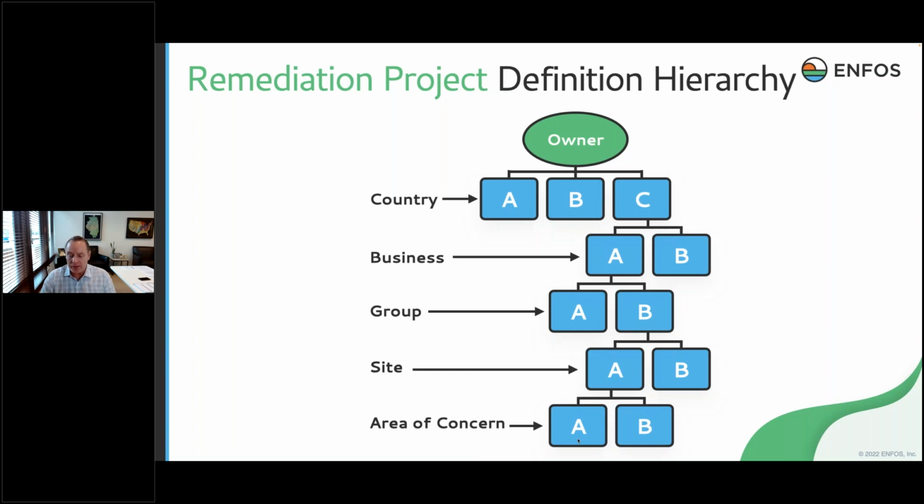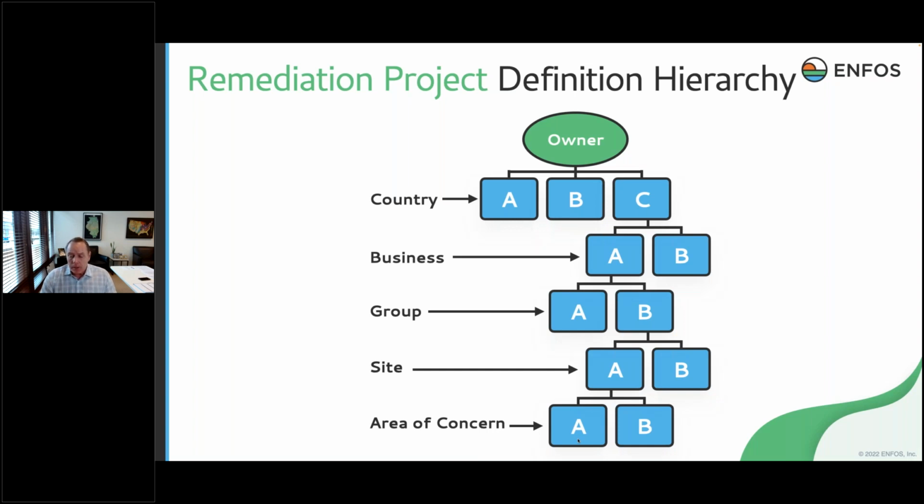And it just goes back to basically the old project management proverb. I have a big problem. The way to tackle that is to break that down into smaller problems so I can effectively manage and control those. Now, when we first designed ENFOS with this hierarchy structure, our area of concern more or less was an incident. So if I have a mega site, I might have 20 or 30 different areas of the site that we're cleaning up.